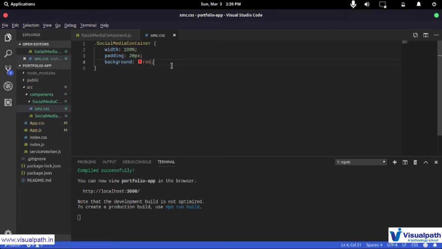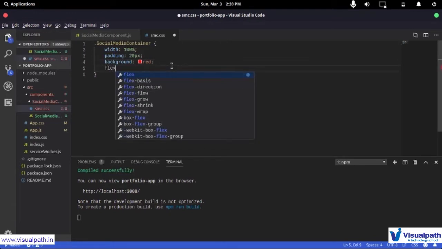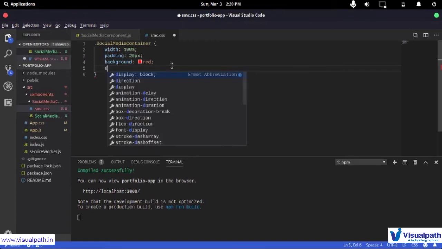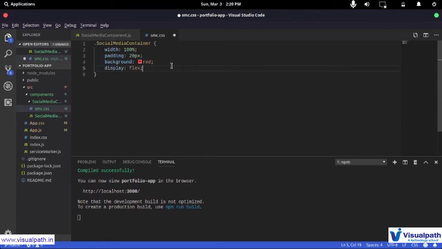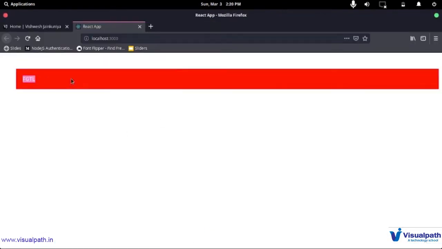So that being said, now what flexbox is, if you have CSS knowledge, then what you need to do is say display, and then you have to set it to flex. Now just saving this, you see that these have already changed from horizontal to vertical, and flexbox is a one-dimensional styling technique that works in just one dimension. So either it's going to be like one row or one column or something like that. So I'm going to continue using that.